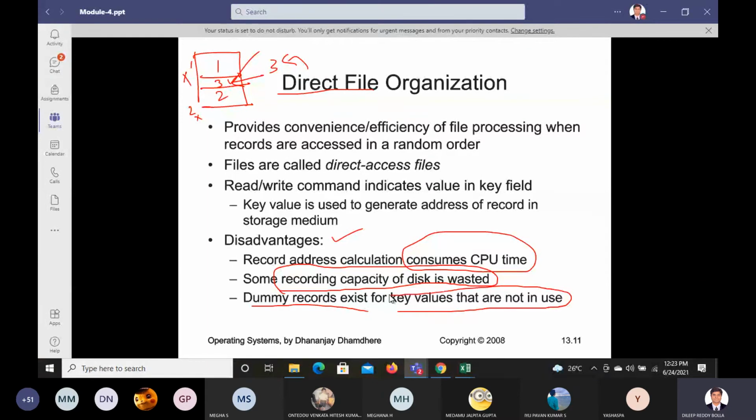We are going to create some dummy values, so because of this also the space gets wasted. So this is the problem we face. Okay, is that clear?